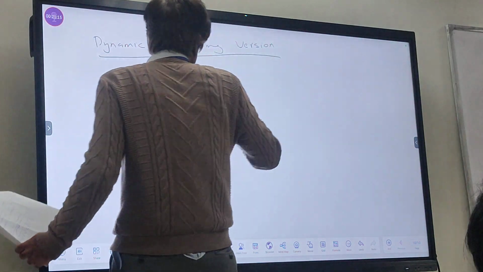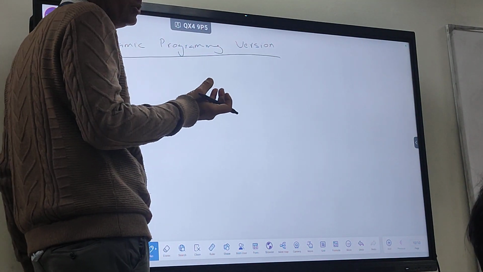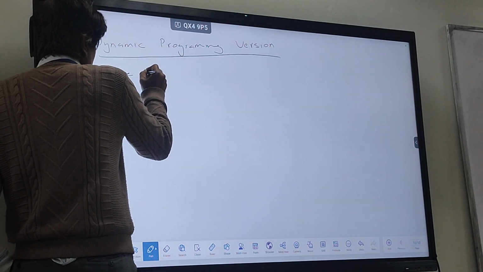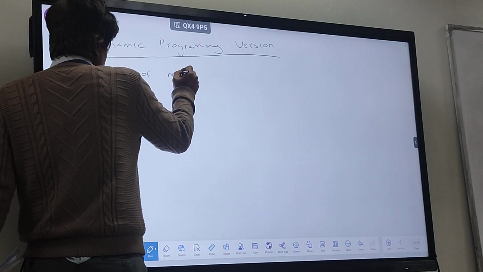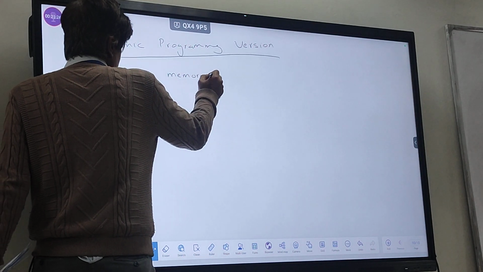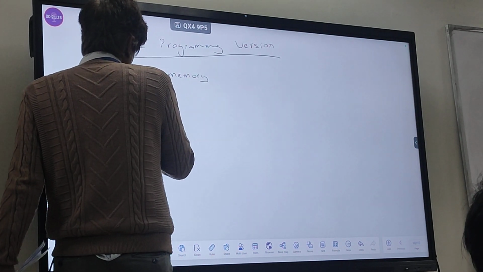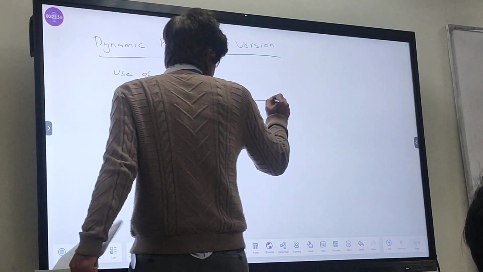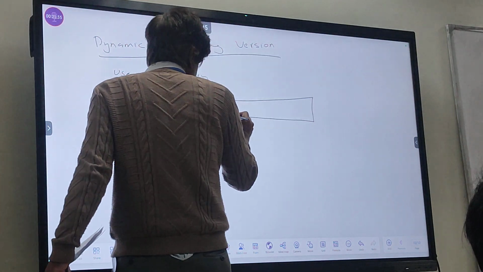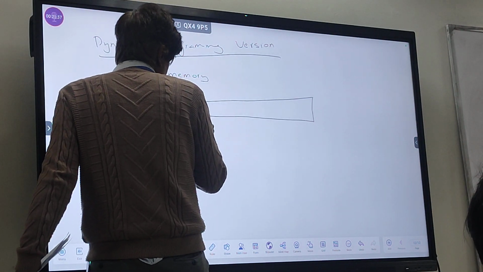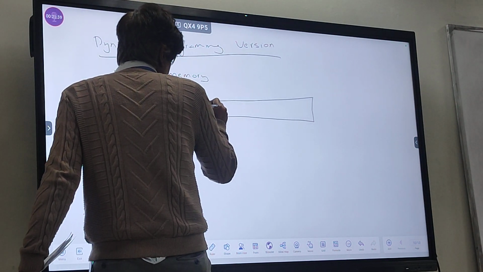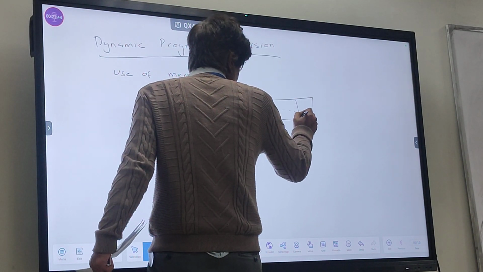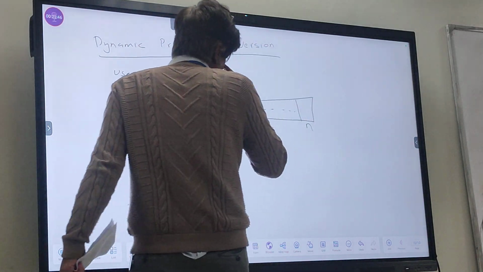So in dynamic programming, there are two things. We use an external memory. So use of memory. In this case, the memory that we'll use will be called an M array. So this is an n+1 size array, starting from 0, 1, all the way up till n.